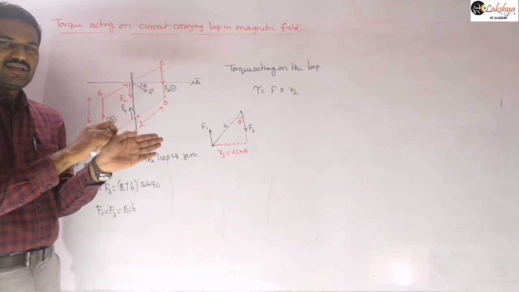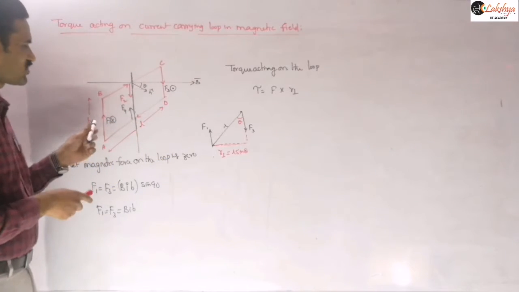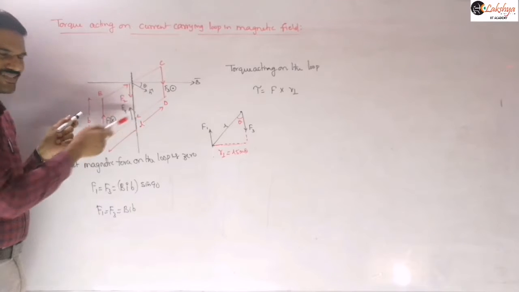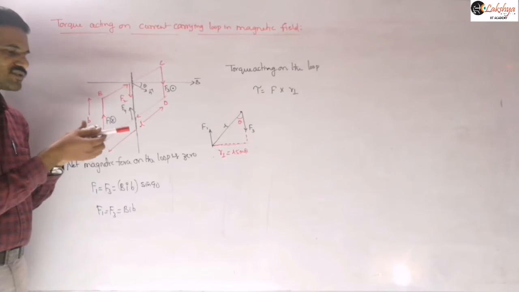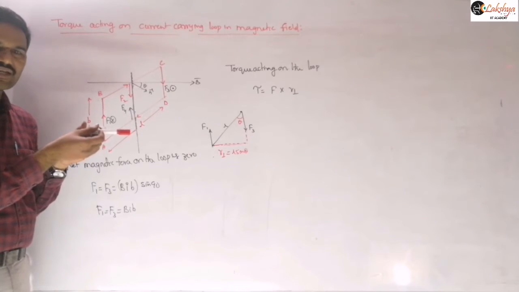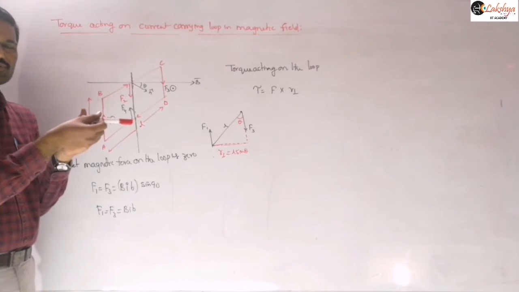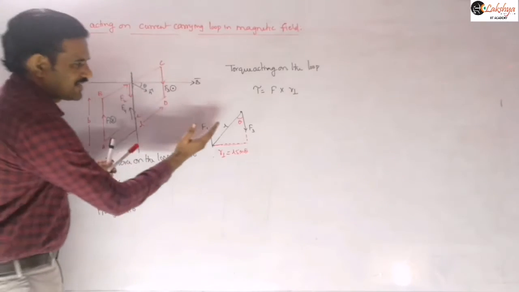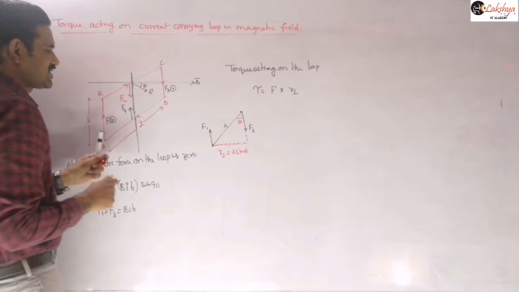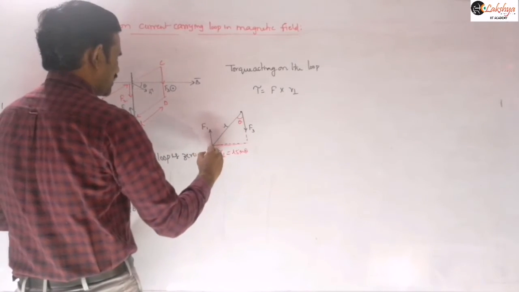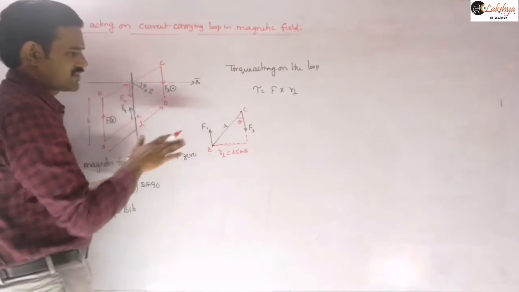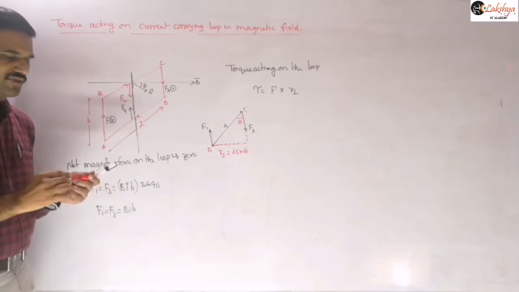Another force is acting in the plane. So that means these forces are not perpendicular to this L that you need to observe here. These forces make a certain angle with L. L is there like this, the coil is placed along this direction, and the force is like this. This is the L side, and this is the BC side or AD side you may consider. Let us consider the top view, then the forces appear like this.